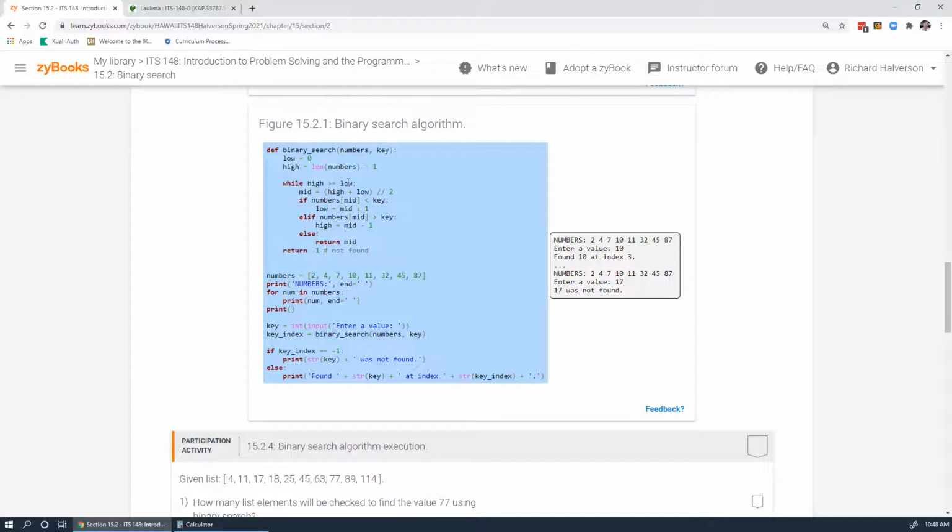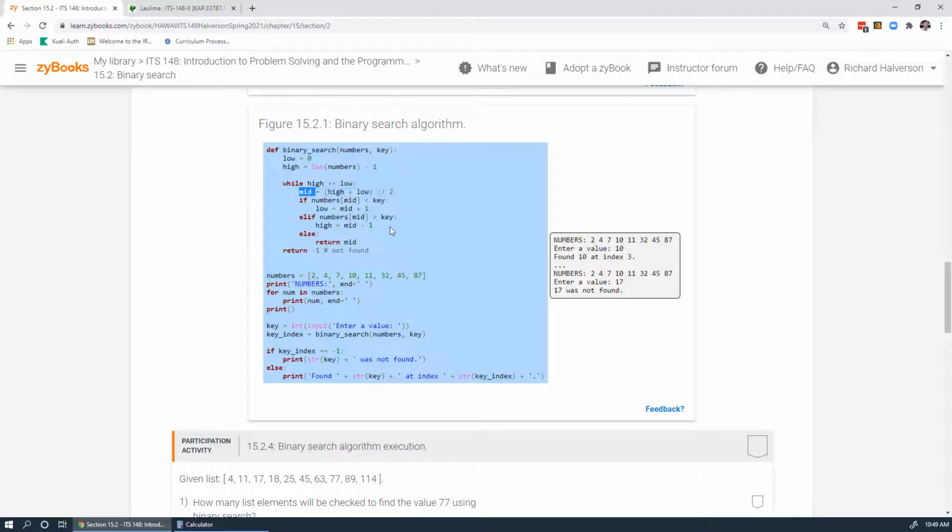While high is greater than or equal to low, in other words, that's what it should be. High should be bigger than low, or equal. It should never be where low is greater than high. If low is greater than high, then we've missed it. Then it's not in there. And if low is greater than high, then it's just going to return a -1, which means it's not in the list. But as long as low is not greater than high, then we calculate a